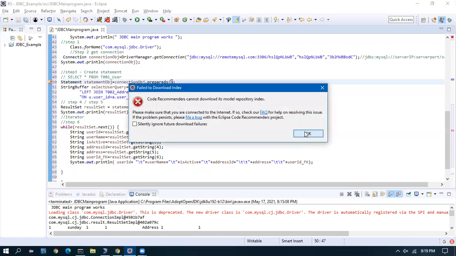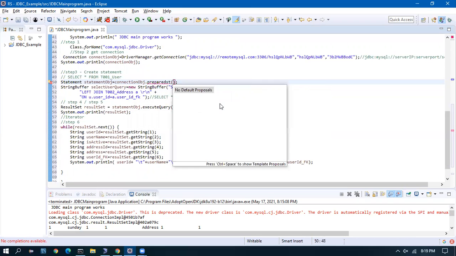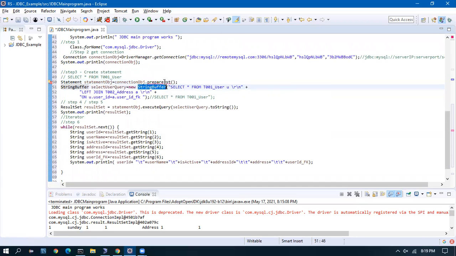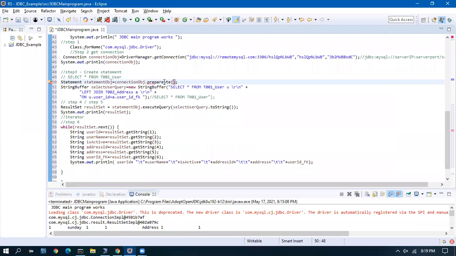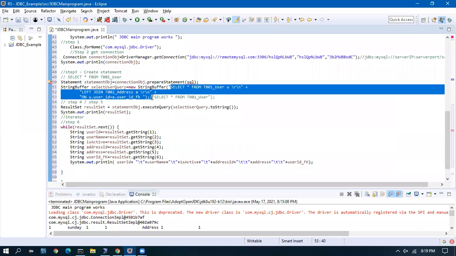It is actually prepare connection dot prepare statement. So do this. The same query I'll do.